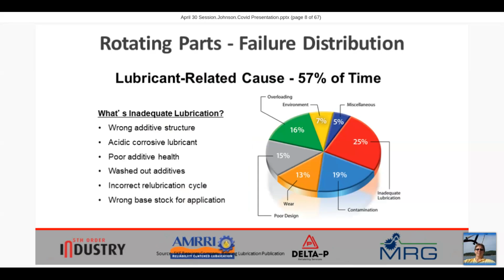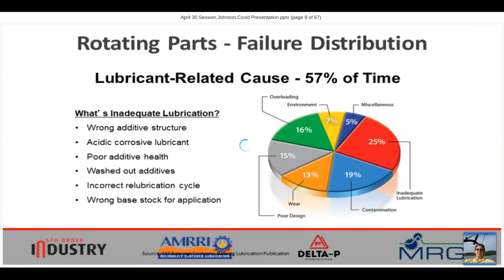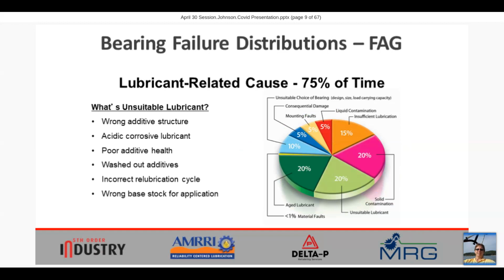Our part providers are quick to show us the relationship between lubrication effectiveness and lost lubricated part performance. Here's an SKF chart where, in their documentation, they show that 57% of the time a component fails prematurely, there is a lubrication-related underlying reason: inadequate lubrication, contamination, or wear. Not to be outdone, FAG Bearing Company says that it's not really 57%. For their research, it's 75%.